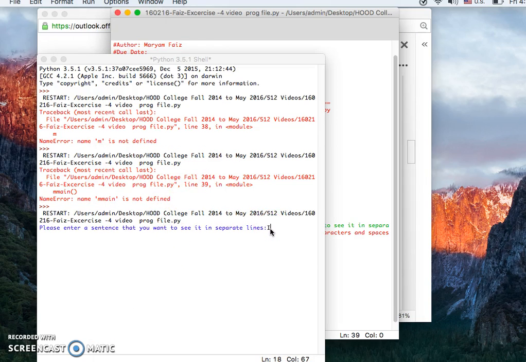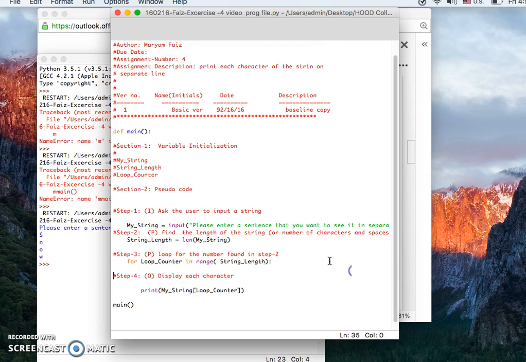So I would say I read a book, or first go with the example that is snow. So here is the snow, and if we run it again